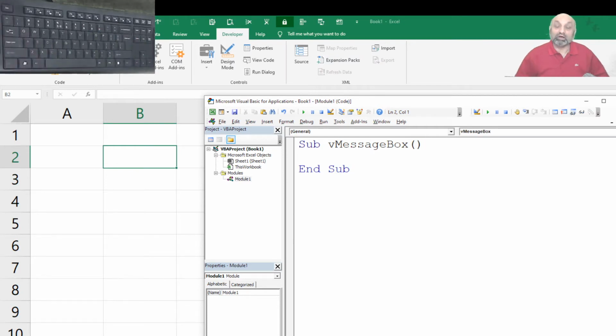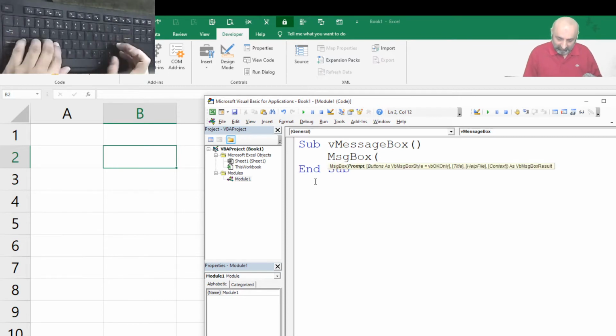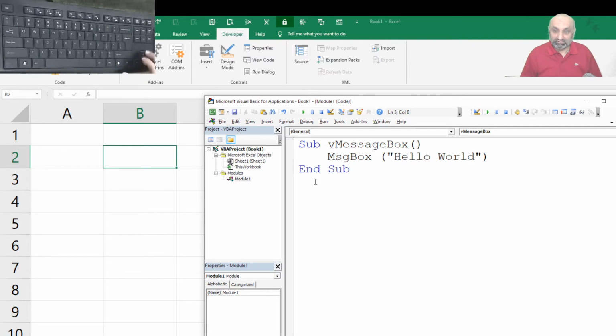This is the basic structure of the macro, and the function to call the message box is MsgBox. MsgBox, right? This is the name of our function. So I say MsgBox "hello world". This is all about it. Let's run this.